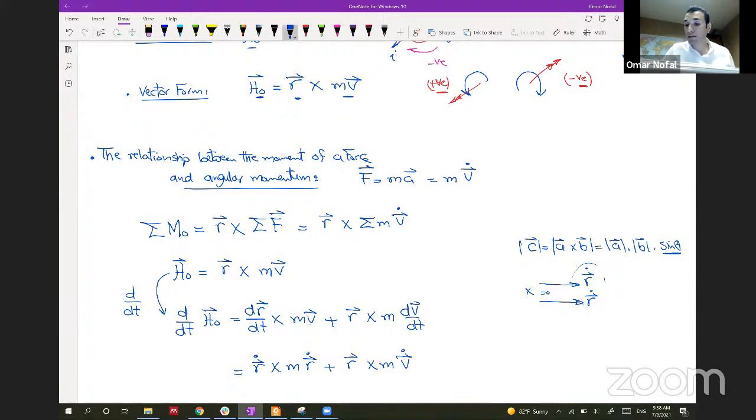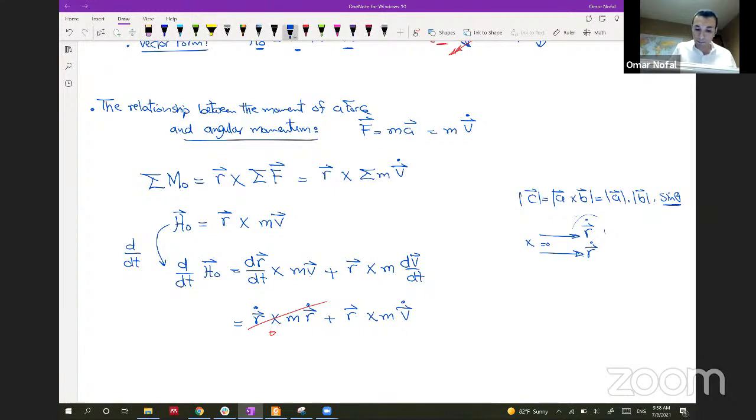It's just like assume that you are multiplying i hat by i hat. So i hat by i hat will be equal to 0. To get a nonzero quantity, i should be multiplied by a perpendicular vector, like i multiplied by j or i multiplied by k. So all these will be equal to 0, and this will leave us with that